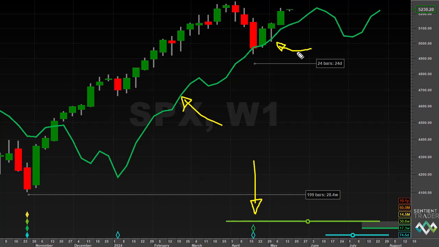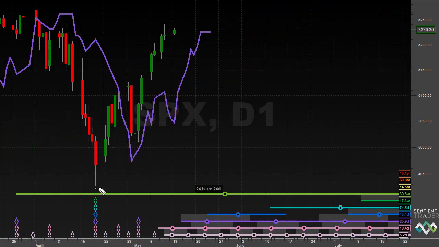And so there is our 20-week cycle trough, and here is price very accurately finding support at the level of that 20-week FLD. Looking at the implications of the confirmation that this is a 20-week cycle trough that formed, here is the 20-day FLD. Price, as you can see, crossed that FLD over the weekend at the end of April and generated a target just a little bit above current price action at about 52.70. And so price has not yet quite achieved that target, but given that this is a 20-week cycle trough, we would expect it to achieve that target, after which it will drop down into a 40-day cycle trough.